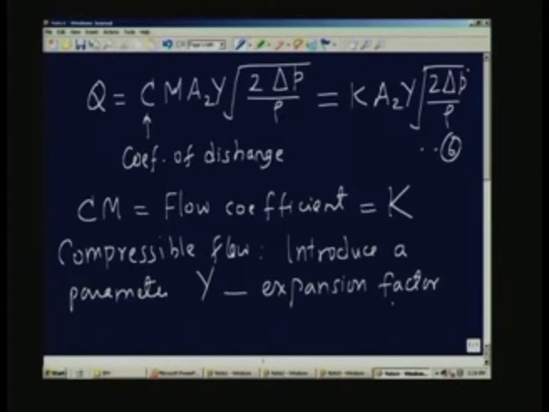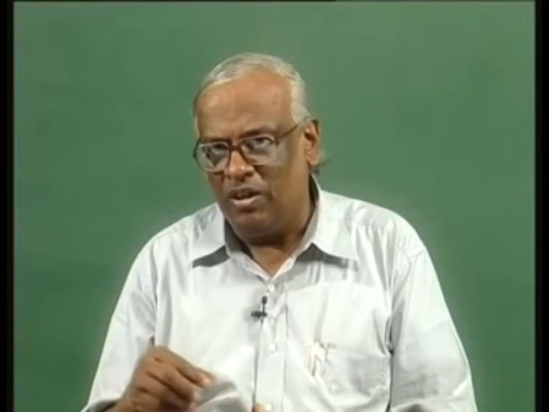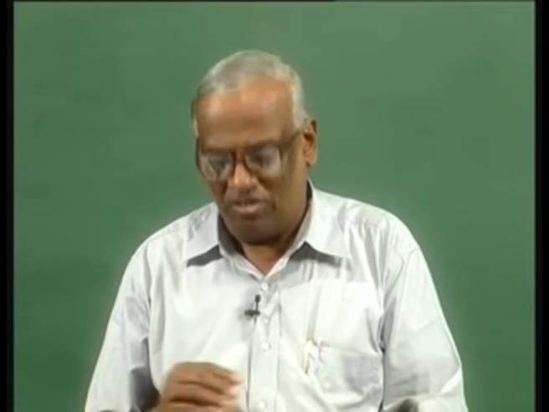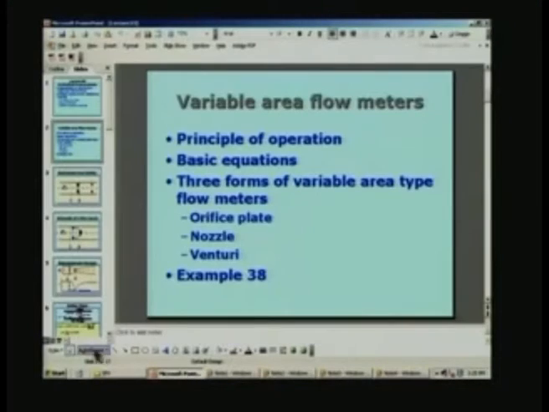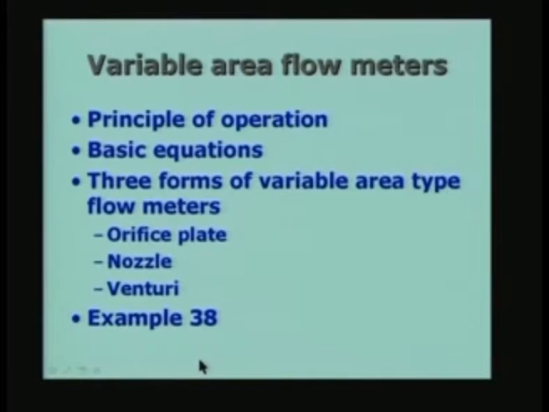This Y is going to account for the small amount of compressible effect which may be present, because the velocity is not very small as compared to the speed of sound, in which case of course you would use the incompressible flow assumption, but small amount of compressibility is there that can be accounted for by the factor Y. Of course, later I will discuss what this Y is, how it is obtained, and normally what is done, and so on; that we will come back to later. But basically the operation of the variable area flow meter depends on equation number 6. So, with this background, let us go back to the slide and look at the different types of variable area type meters which are used.